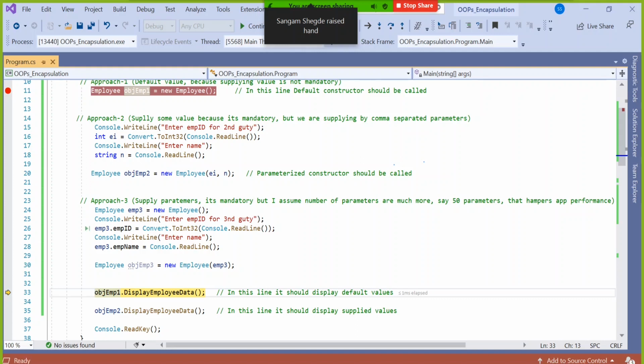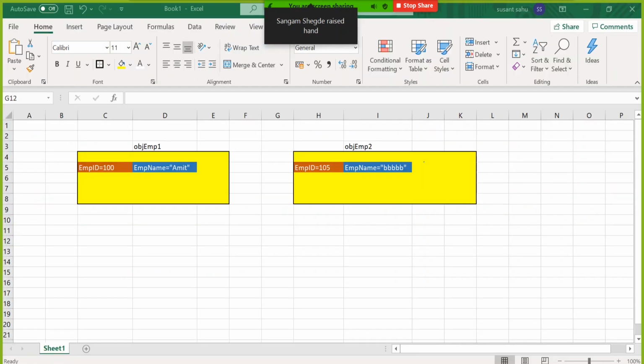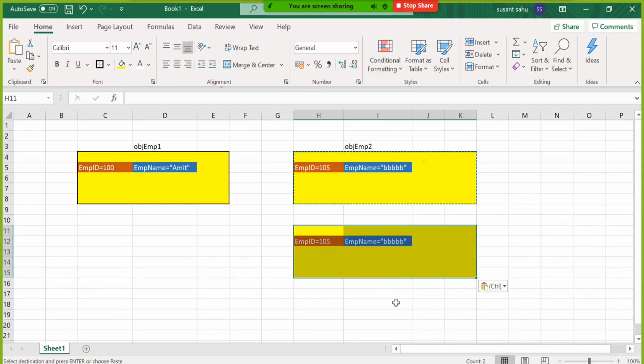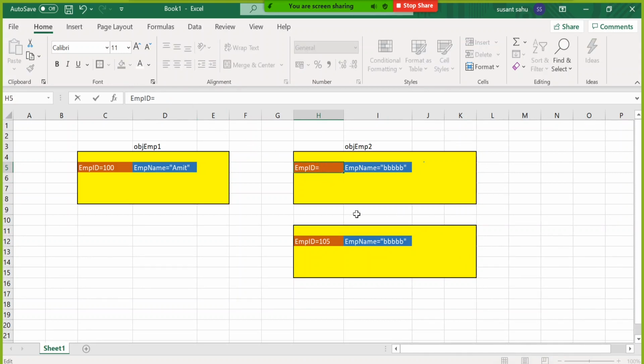EMP3 will have one more copy of the same thing. You can say it is a replica of something like this, but the only thing is the way of supplying is a little different. Okay, something like this. It created one more object like this. Here it becomes something like 50 in our case, right? We supplied employee ID 50 for the second guy, and we supplied here AAA, and here we supplied BBB with 55 or something, or 57 I think.